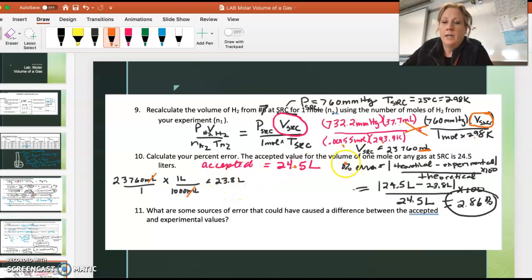You're then going to do a calculation of percent error, which is equal to the theoretical or accepted value minus the experimental value that you get in the lab, divided by, again, that accepted or theoretical value, times 100. Absolute value, we just give them as being positive. So I'm going to take that 24.5, what the real volume of 1 mole of a gas is at SRC, minus